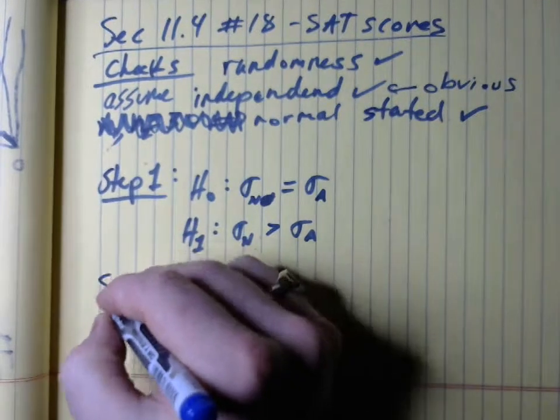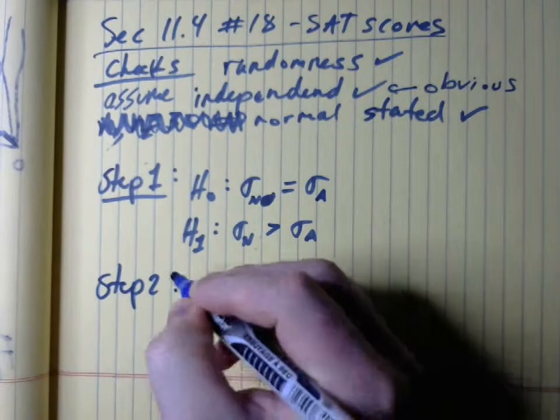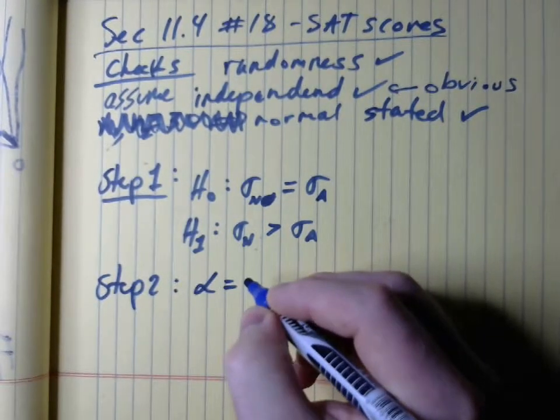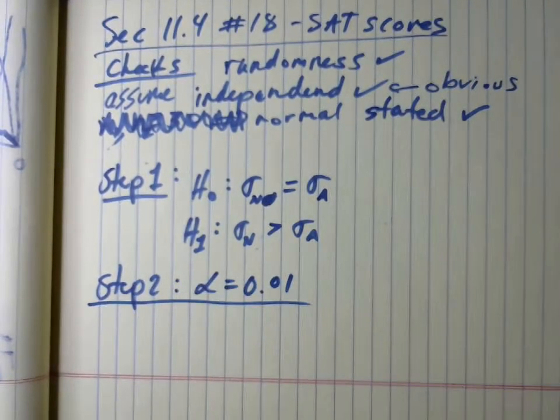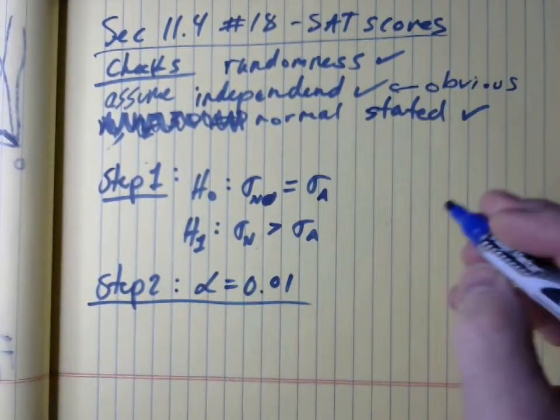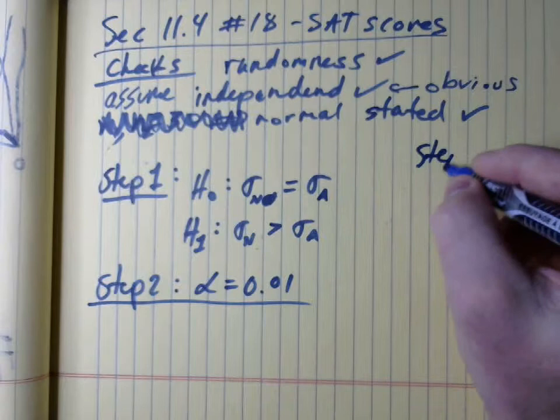We're done with step 1. Step 2. Alpha equals, and as we can see here, it's 0.01. And you should be feeling like this is kind of redundant with step 2 at least. So step 3